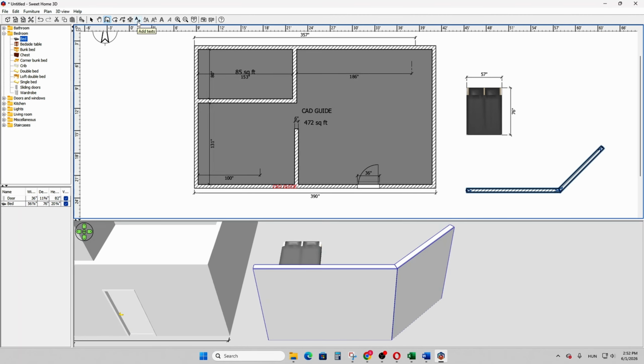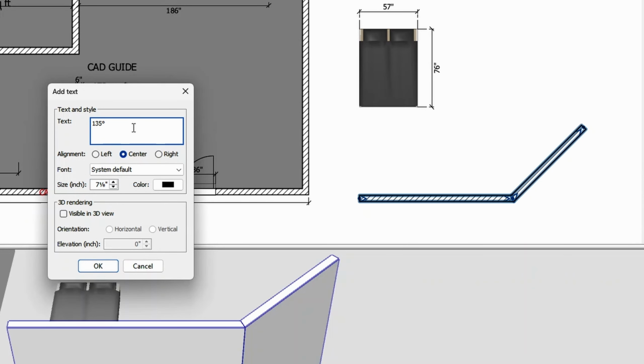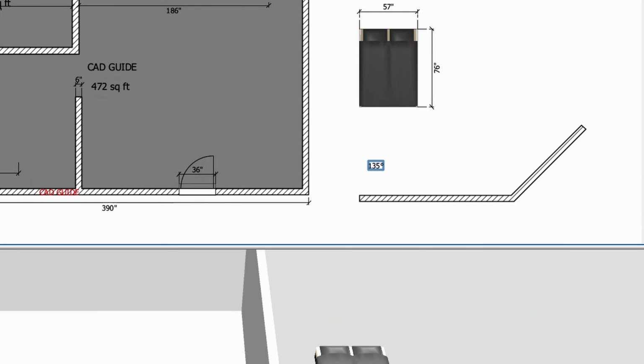Then go to the toolbar, click Add Text, enter the angle value, then click OK. Now move it to the corner,